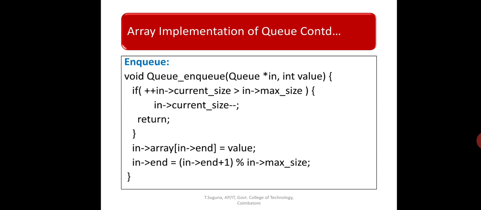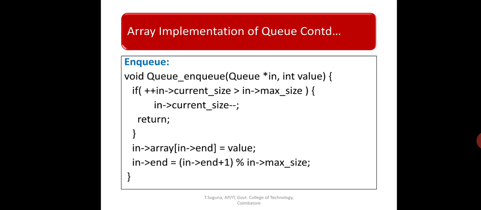NQ operation. For the NQ operation, first we have to remember two things. First, we are going to check whether the queue has reached the maximum size. If it has reached the maximum size, then we need not perform anything because the queue is already full, so we need not perform the NQ operation. Suppose the queue is not full, then we are going to increment the current size pointer to point to the current element, that is the element we are going to insert, then do the insertion of